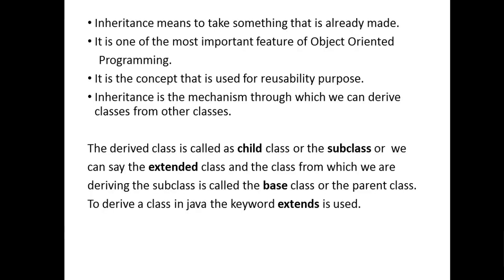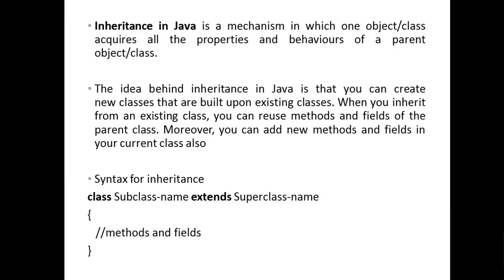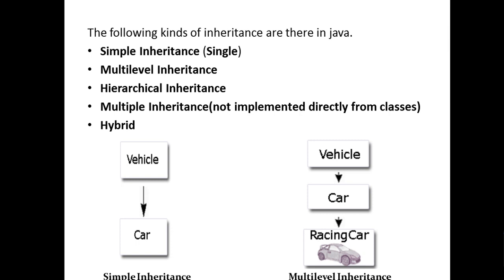Today's topic is the continuation of inheritance. Till now we have seen what are subclasses, what are parent classes, what are child, super. Then what is inheritance. The extends keyword is there for implementation of inheritance. Then types of inheritance: simple inheritance, multi-level inheritance, hierarchical inheritance, and multiple inheritance. We have seen multiple inheritance is not implemented using classes. For this we need interfaces.